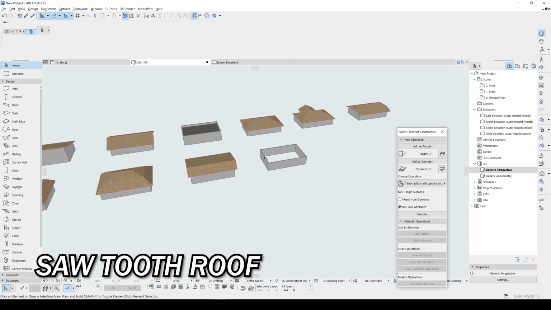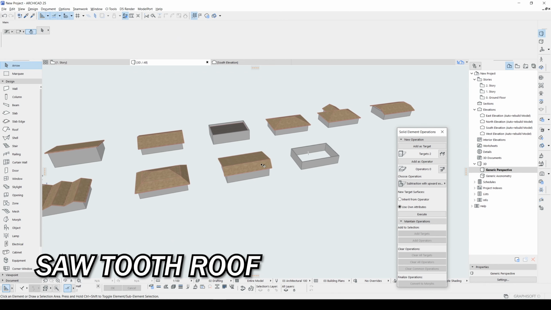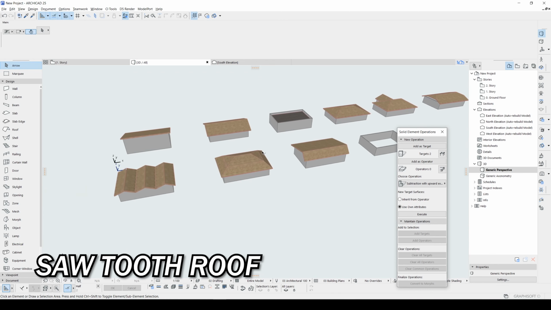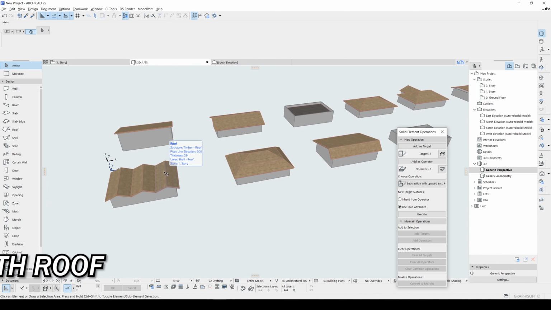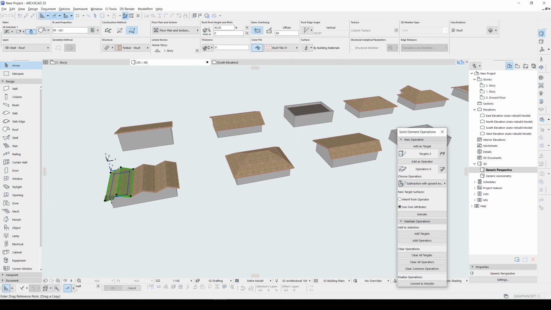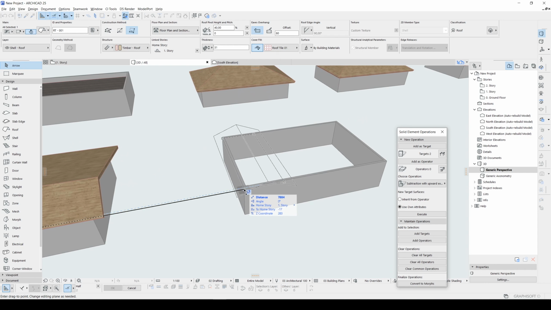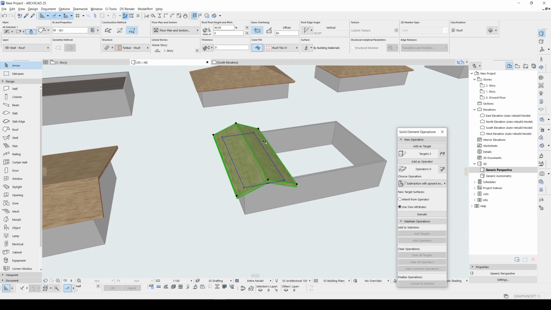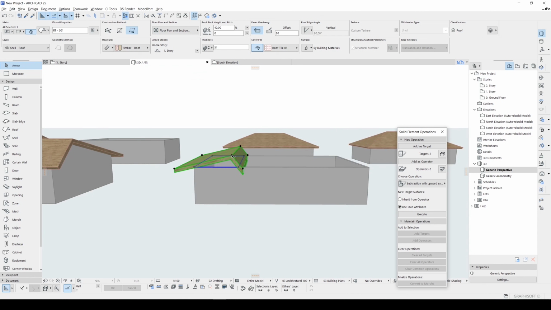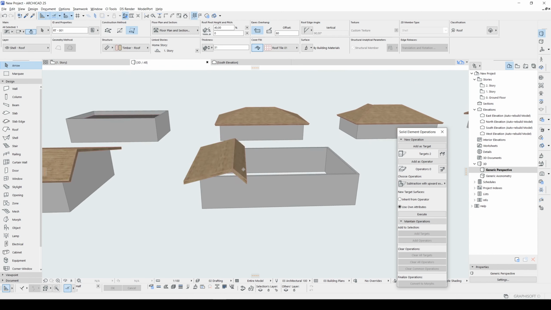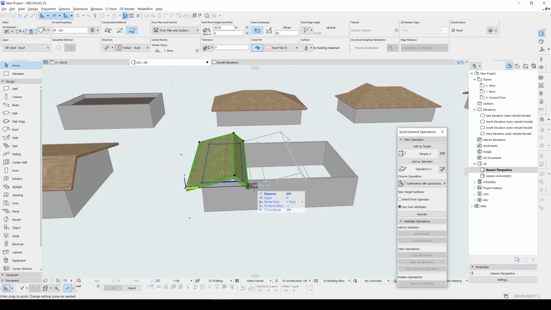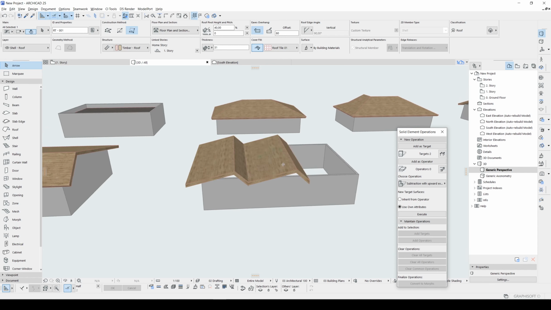Alright, next one will be sawtooth roof. We just did this before with this M-shaped roof, but this time we will change the slope direction, one of them. Something like this. And we will copy here, copy to here.